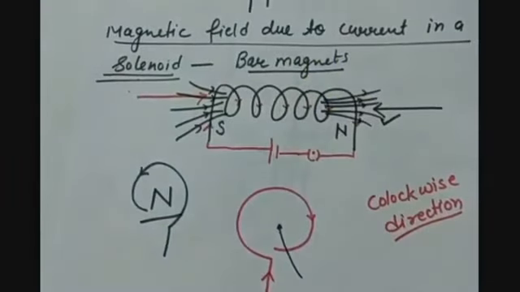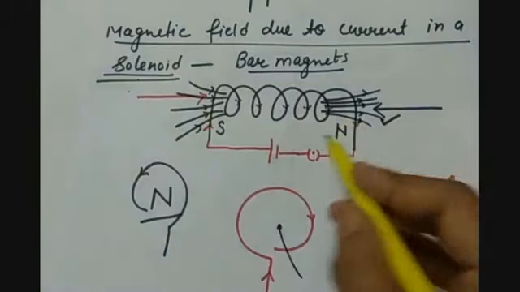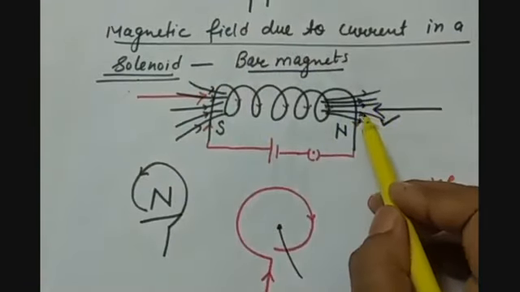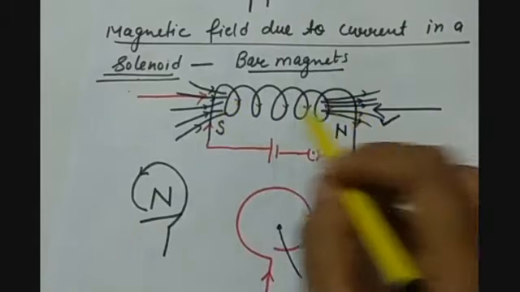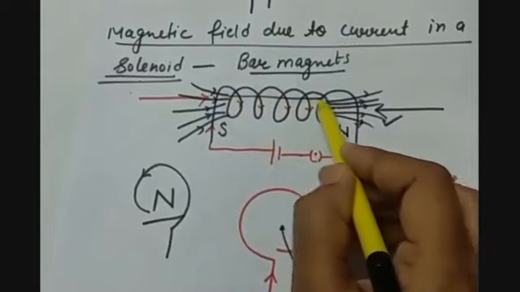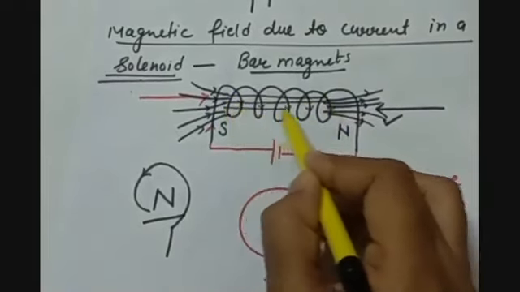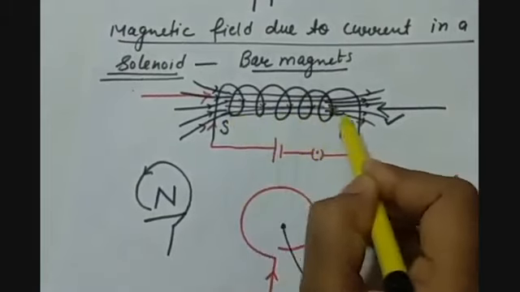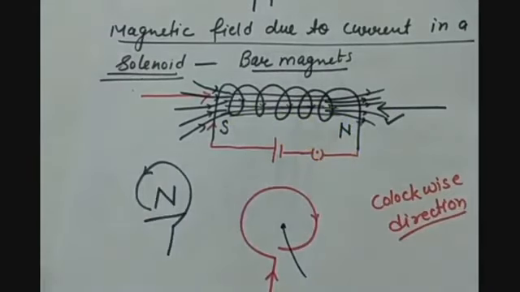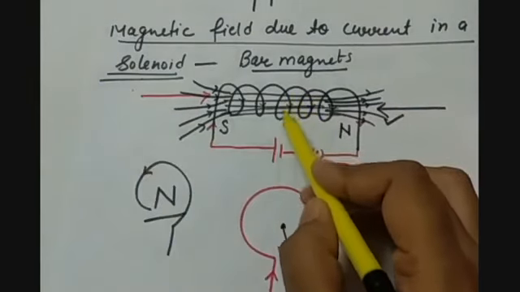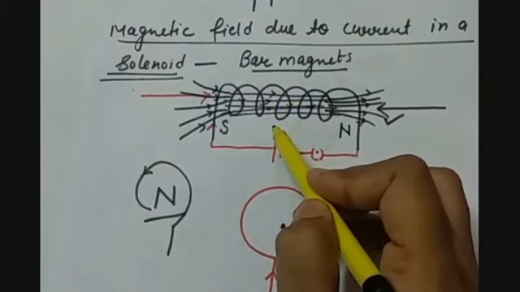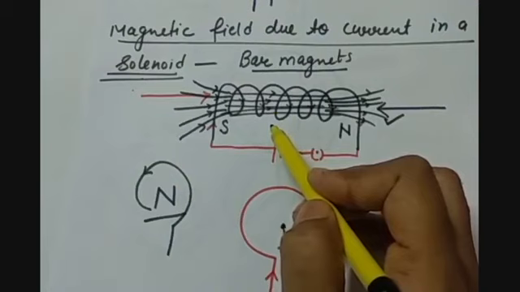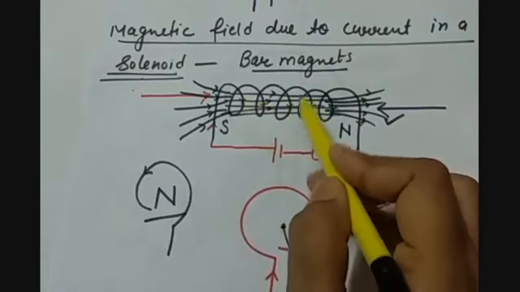So they are the same. Now, as we know, magnetic field lines do not end at the south pole or just emerge from the north. They enter the material and travel throughout the material, even inside the magnet. That means magnetic field lines are also moving inside the solenoid. As we have limited space here, the magnetic field lines will have almost equal space between them, or you can say almost parallel to each other.